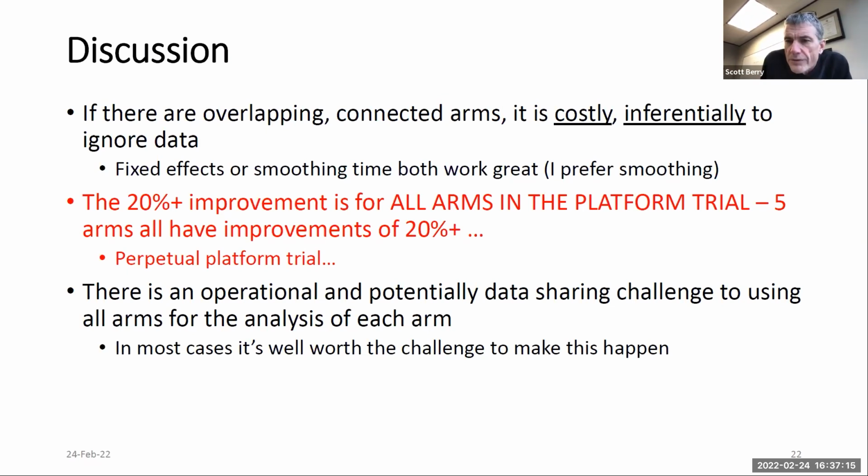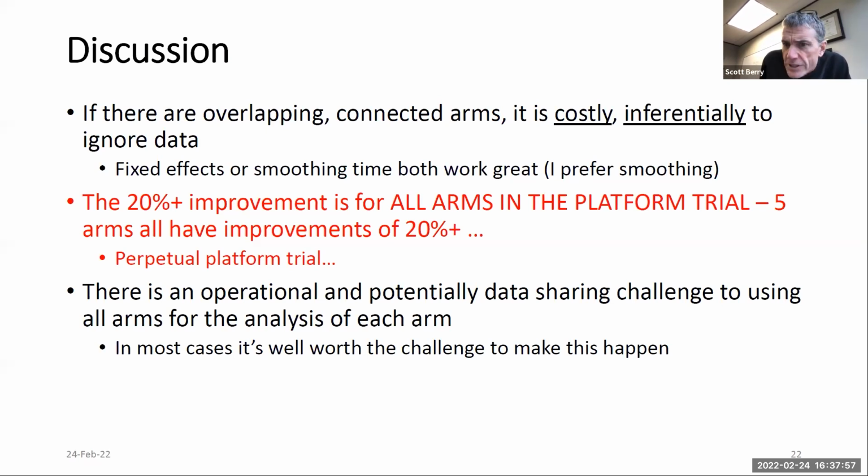The really important thing to point out here is this is not running a single trial where we suffer a 20% increase in mean squared error for the single trial, which maybe we can overcome with a little bit of sample size. In that circumstance, this is a perpetual platform trial. In I-SPY 2, there have been 25 arms. This is multiplied across all of these arms. It's 20% for every arm, and that can even increase as we get more data. So you're just continually costing yourself inferential power for all of the arms in the trial.